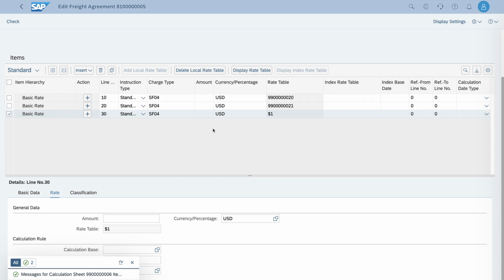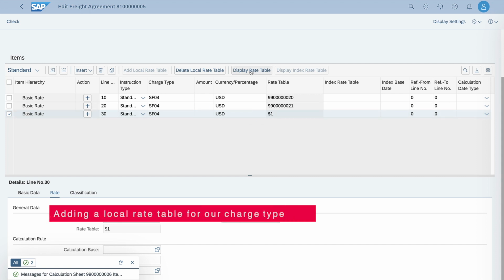Now I should also say that I should have been smarter about this and defined a global rate table, seeing as I'm using the same rate table across all of my 3 charge types, but defining it locally will help us to see what that rate table is going to look like. So let's go to display rate table,